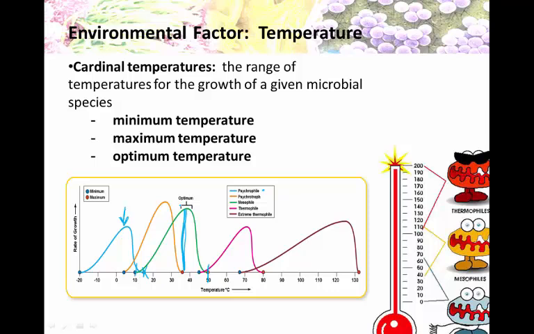Okay. And then there are those that prefer extreme temperatures, so what we call extreme thermophiles. Okay. The extreme thermophiles will live in extremely hot environments, upwards of 120 degrees Celsius. In other words, they're going to like it hotter than boiling. Okay? And you'll find these in like deep sea vents or hydrothermal vents. So if you think about it, when we start talking about organisms that cause disease, which types of organisms are you probably going to find most commonly inside of a human being?